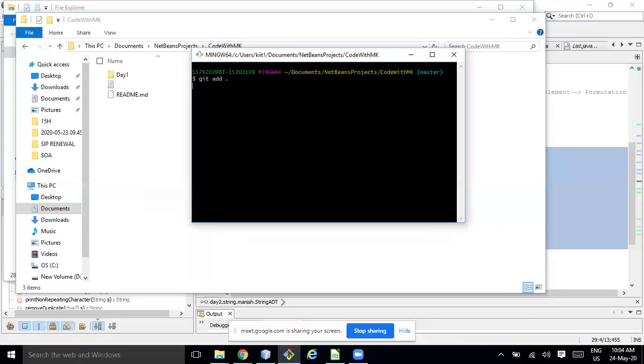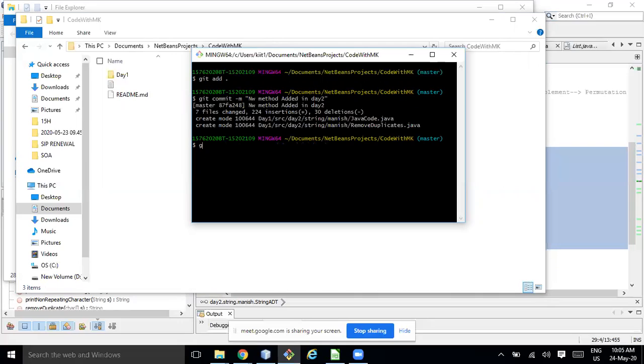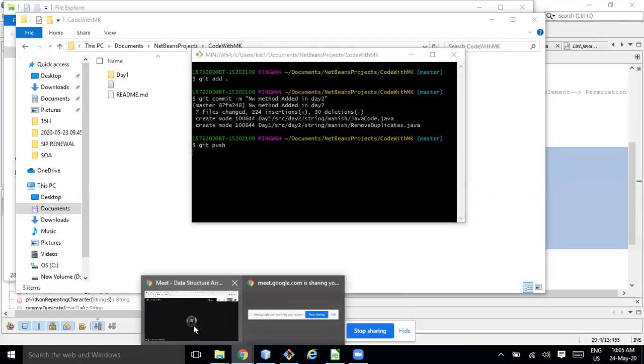Git add: whatever change has been done is added to the master branch. After that I'll do git commit with the comment, new method added in day 2. Then I'll push. So all changes will be reflected in GitHub now.